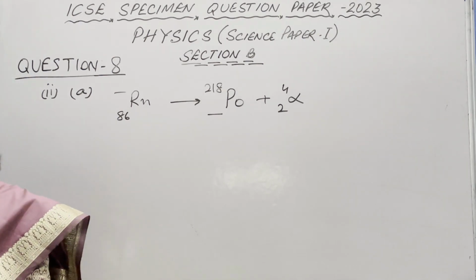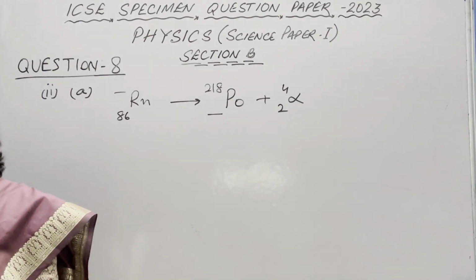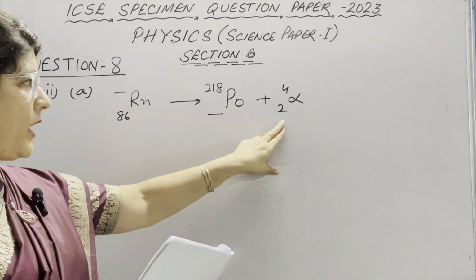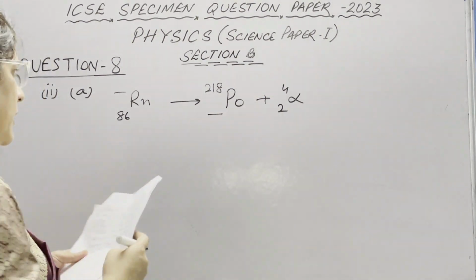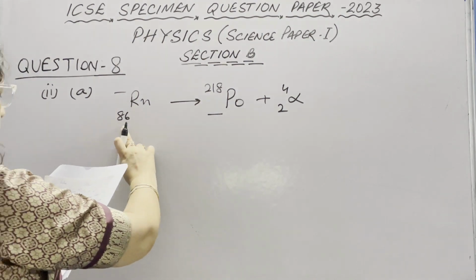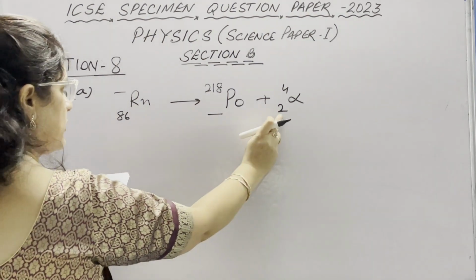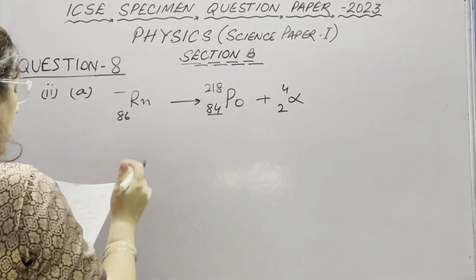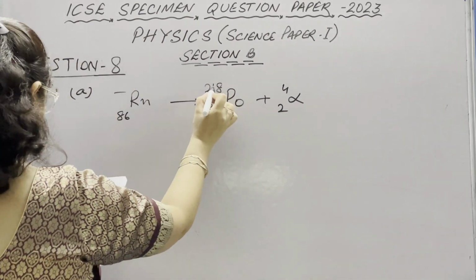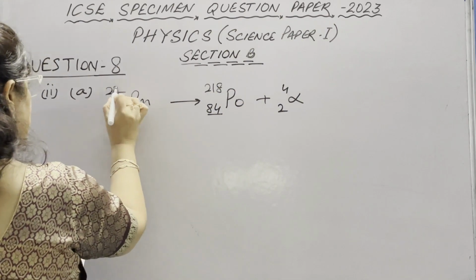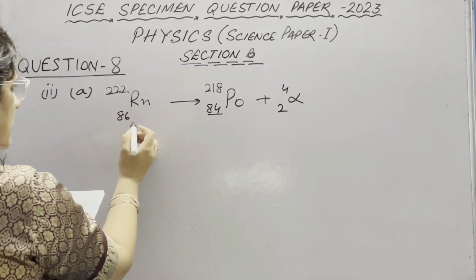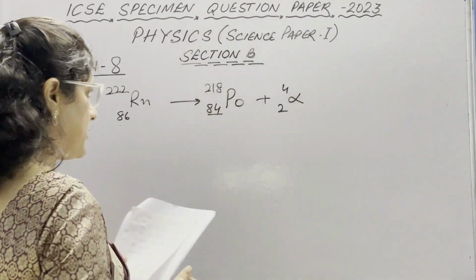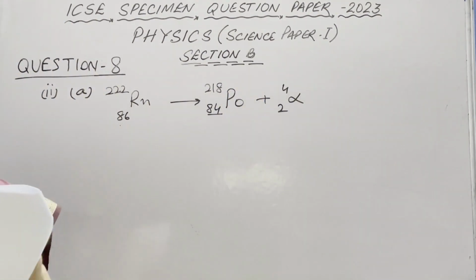So we know the reaction. When an alpha particle is emitted from the reaction, then atomic number is decreased by 2 and mass number is decreased by 4. So here it is written as 86, decreased by 2 because 2 is gone here, so it becomes 84. And in radon, this is decreased by 4, it means plus 4, so this is 222. So the complete reaction is radon 86, 222 and polonium 84, 218 with an alpha particle emitted.